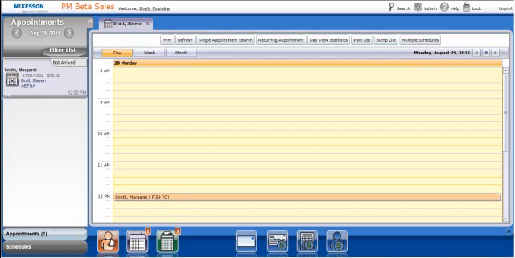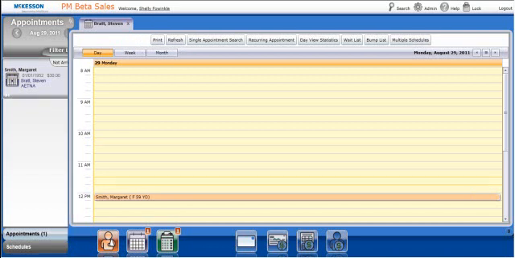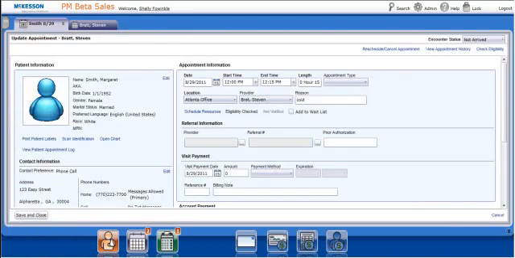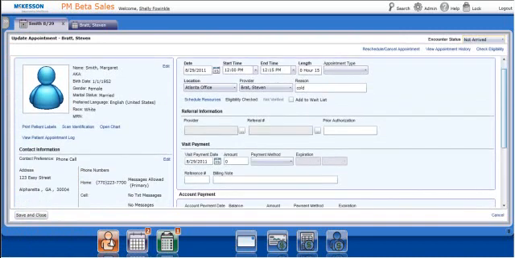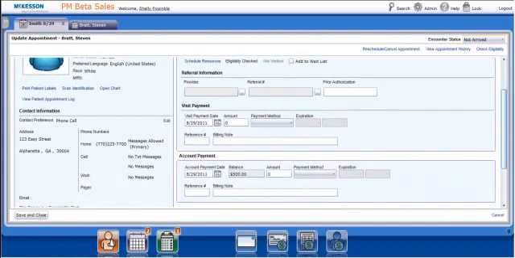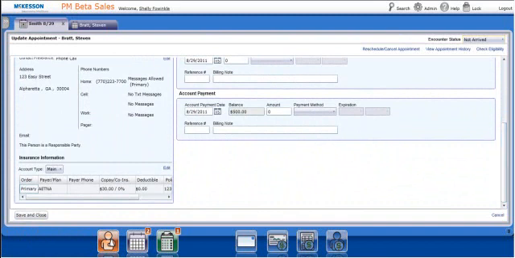So already on my screen, we have the schedule up for today, and we have patient Margaret Smith coming in at noon. So since the patient is presenting, we click one time on the patient, which will open their update appointment screen. And our update appointment screen allows the user to quickly verify the patient's name and information, phone numbers, etc. And at the bottom left side of the screen, who the insurance is and if there's any copay or co-insurance